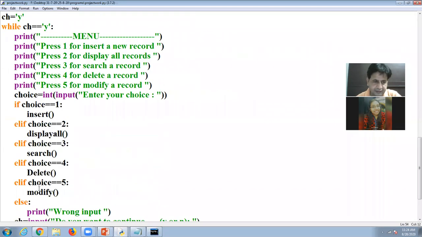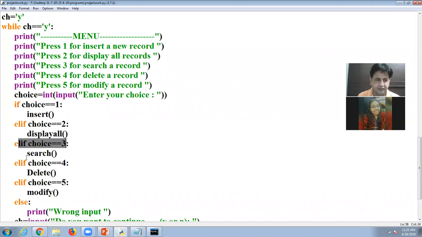I get the input from the keyboard. So the user will enter 1, 2, 3, 4, or 5, and it will be saved in choice. If choice is 1, then I will call the insert function. If choice is 2, then I will call the display all function.